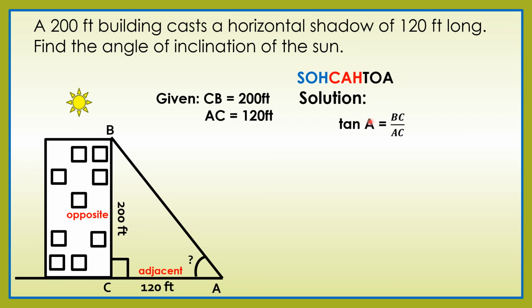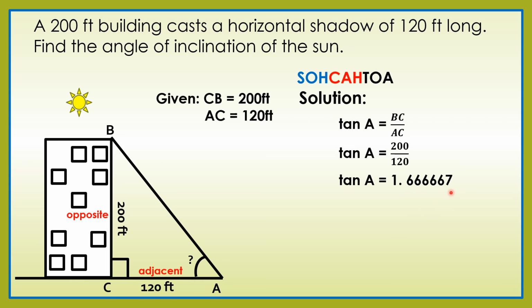So, that is TOA. So, tangent A, that is the reference angle, yung angle A natin, is equal to, ang opposite natin is BC, ang adjacent natin is AC. By substitution, ang tangent A natin is unknown, ang BC natin is 200, ang AC natin is 120. Let us divide these two. Tangent A is equal to